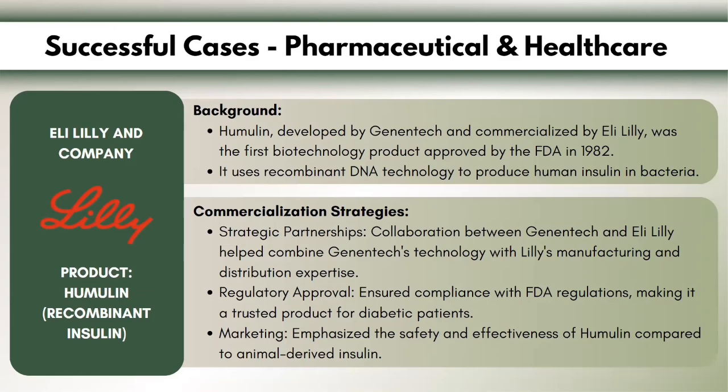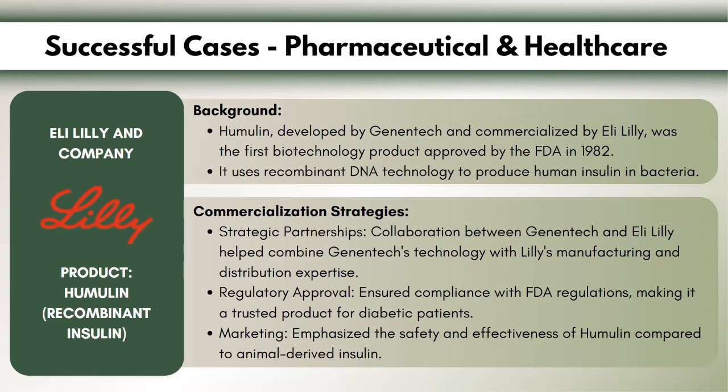So next, moving on to the successful cases in biotechnology commercialization. Let's start with Humulin, which is a recombinant insulin product developed by Genentech and commercialized by Eli Lilly. It was approved by the FDA in 1982. Humulin was the first biotechnology product to gain such approval. It used recombinant DNA technology to produce human insulin in bacteria, offering a safer and more effective alternative to animal-derived